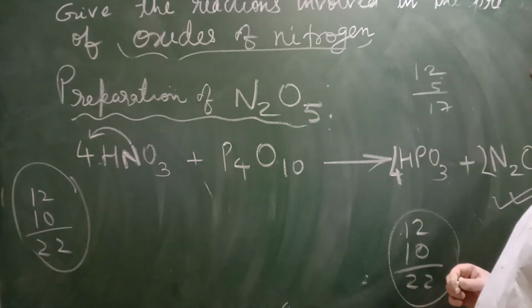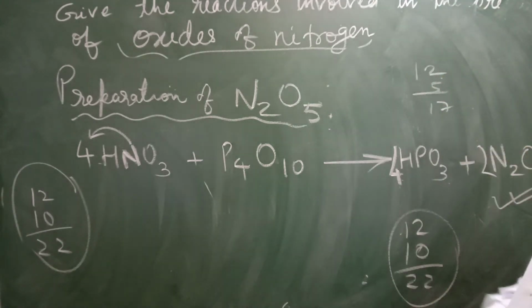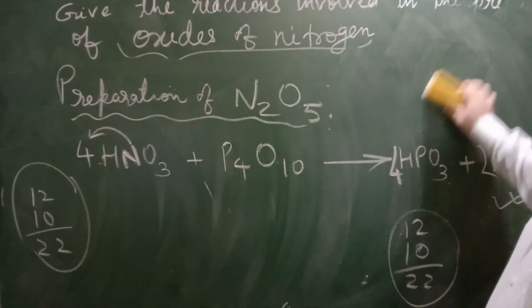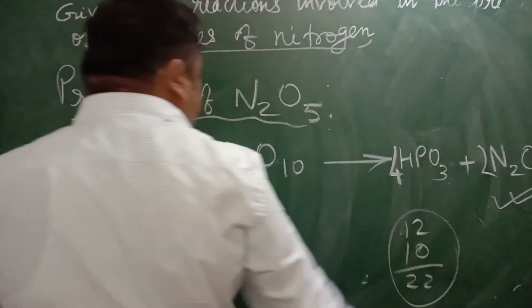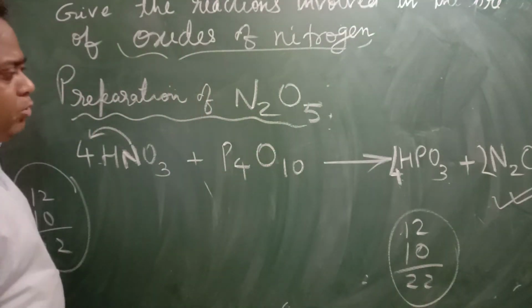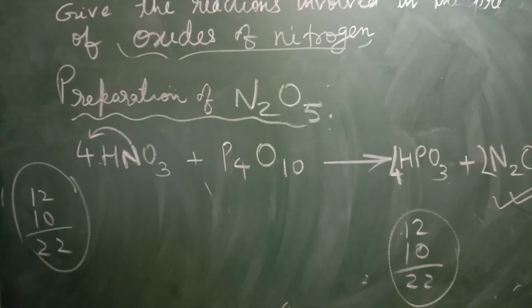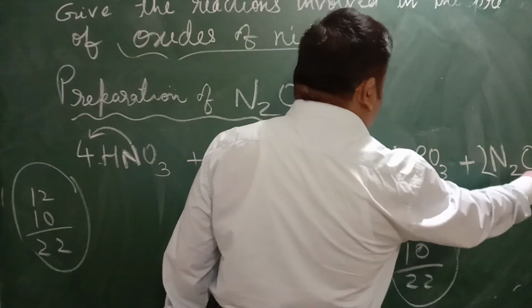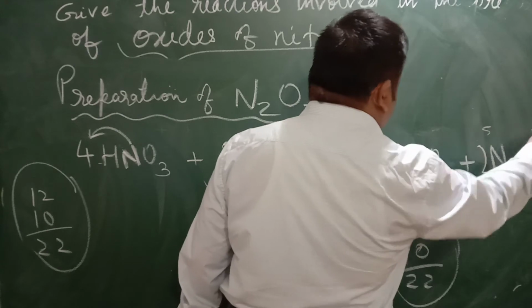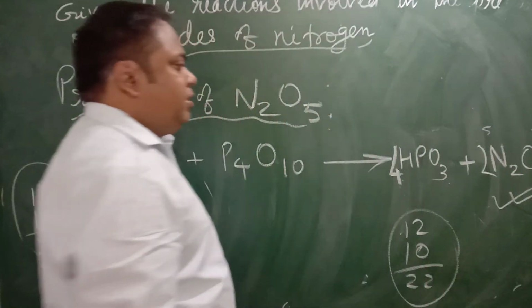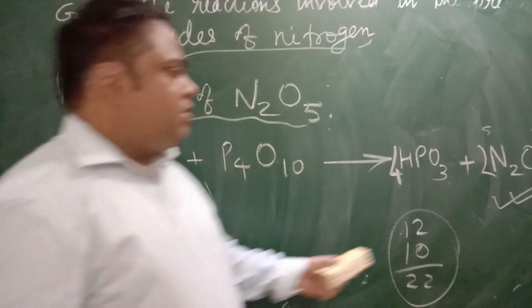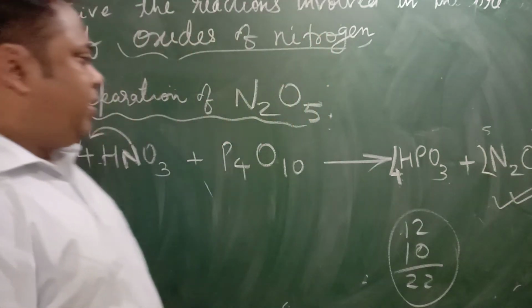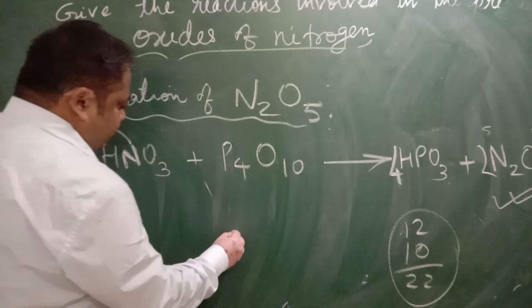And regarding the structure of the molecule, you have to apply the VSEPR theory which you have studied in class 11. Nothing to remember. Say if N2O5 is there, you know that the maximum covalency of nitrogen cannot exceed 4, isn't it? So how is N2O5 there? It seems that nitrogen has valency 5 and oxygen has valency 2, and they have crisscrossed their valency, just the way we studied in class 9. But here actually the covalency of nitrogen is not exceeding 4, okay? Because its structure is like this.